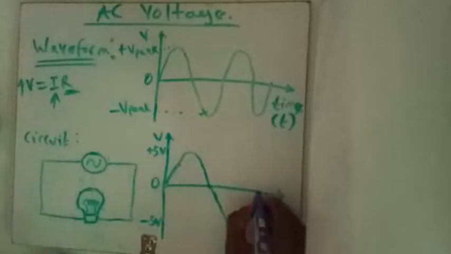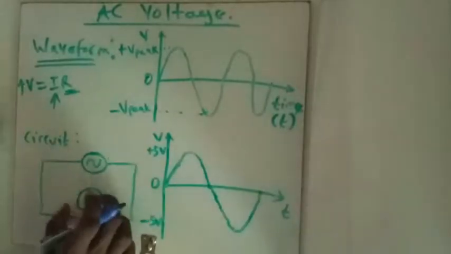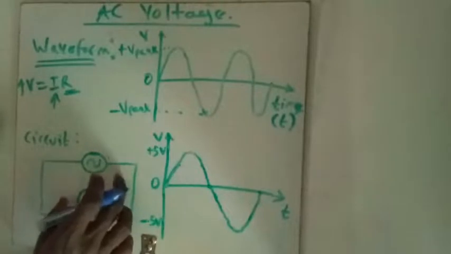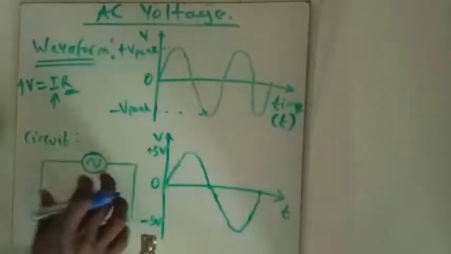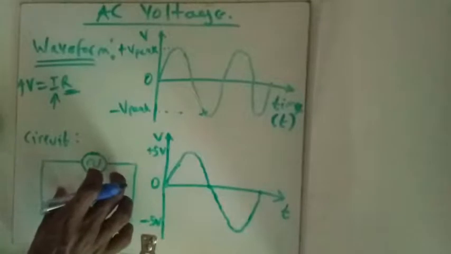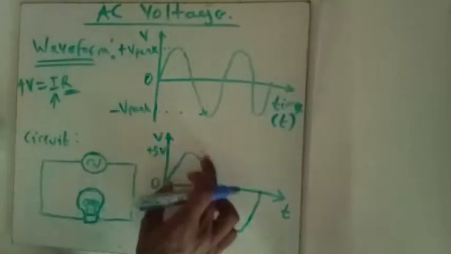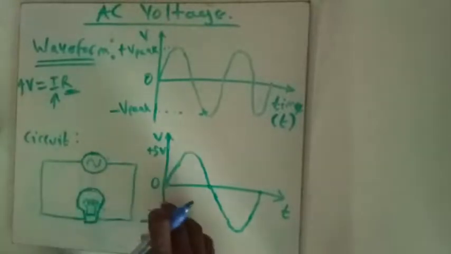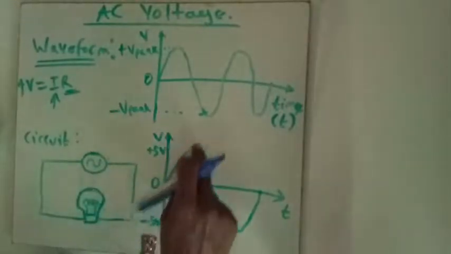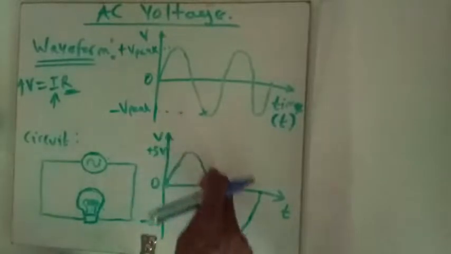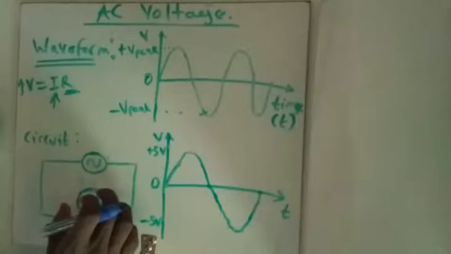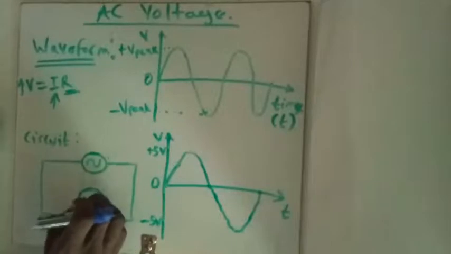Now if we start increasing this once again, it gradually lights up, increasing in intensity of brightness until it gets to the peak. When it achieves peak brightness, it starts to drop again, and the brightness reduces till it becomes 0. So what we are seeing here is that as the voltage alternates from 0 to positive V peak, back to 0 and a negative V peak, the brightness of the incandescent bulb goes from being completely off,